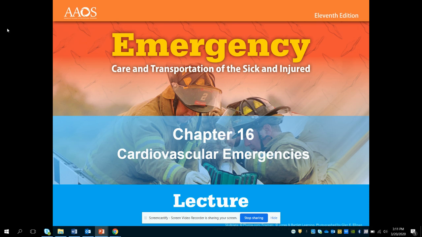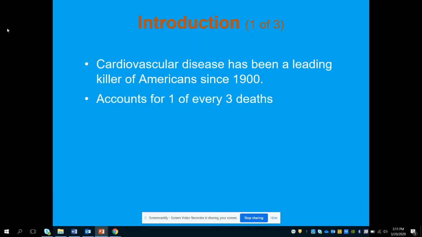So let's take a look at chapter 16, which is going to be the cardiovascular emergencies. And this is going to encompass a lot of different things. We're going to talk about some things that can cause chest pain and what's actually going on inside of the heart. So cardiovascular disease itself has been a leading cause of death for Americans since around 1900 and generally accounts